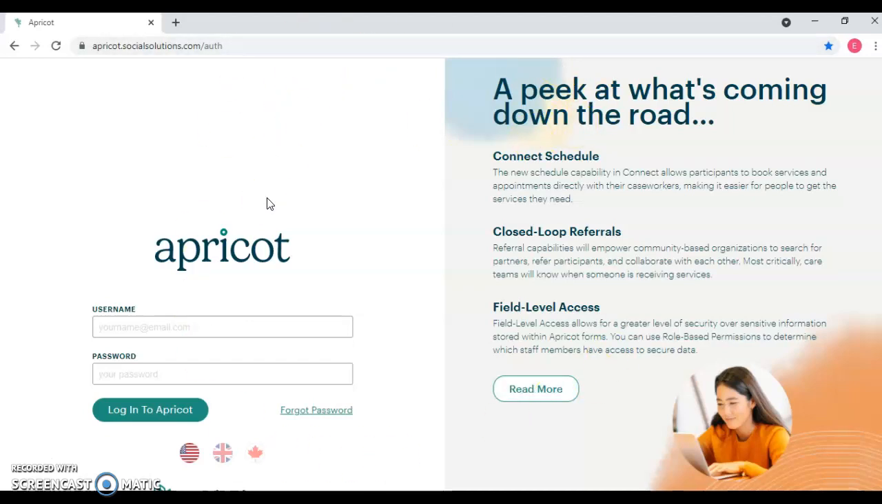A couple of points I want to make about the browser that you use. It's really important that you're only using Google Chrome or Firefox, as unfortunately Apricot is not compatible with other browsers such as Safari or Internet Explorer. So please be sure whenever you are logging in to complete your pretest that you are using either Google Chrome or Firefox. So I've used Google Chrome. I put the web address in and it brought me to this home page,